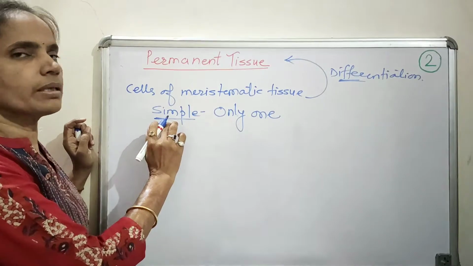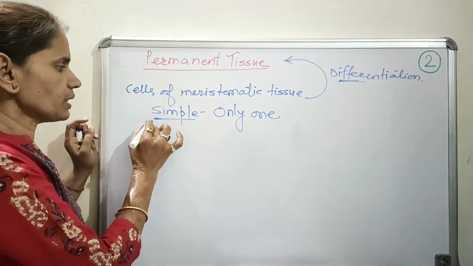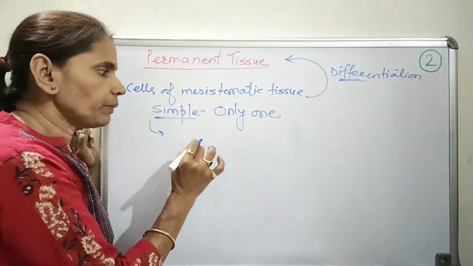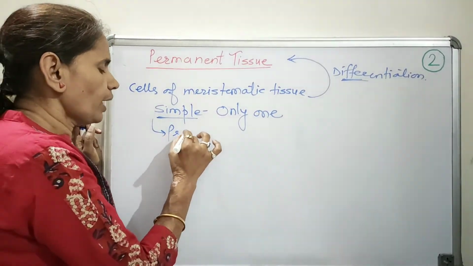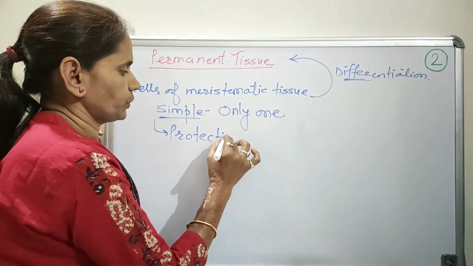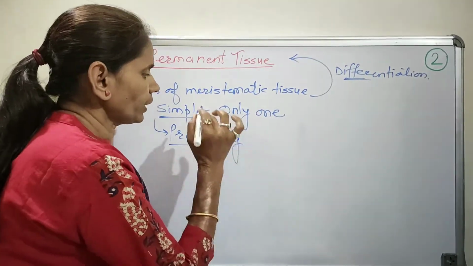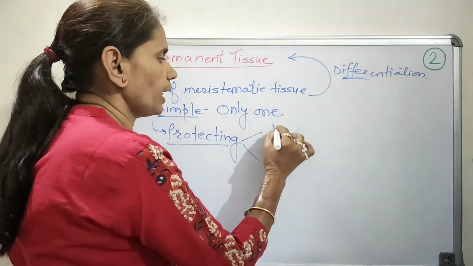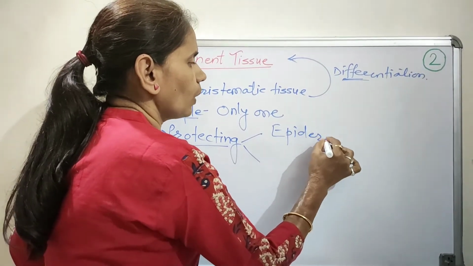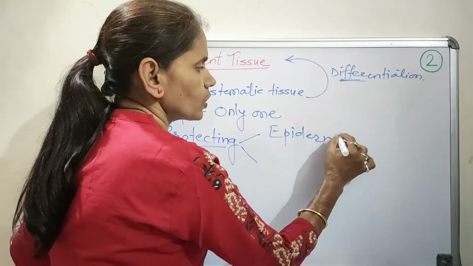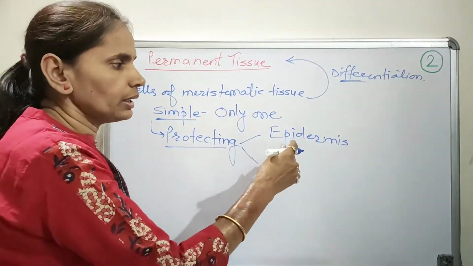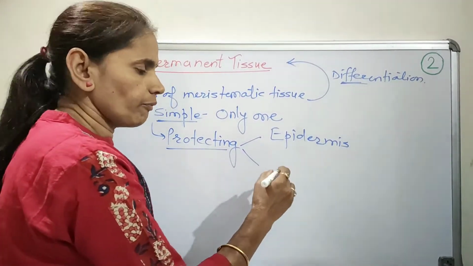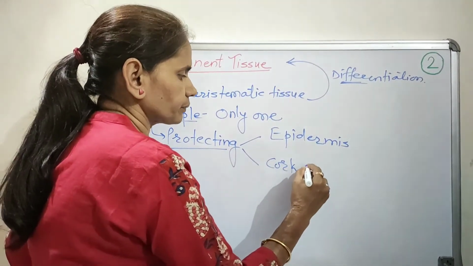Now starting with the simple permanent tissue. On the basis of the function that they perform, the simple permanent tissue may be either simple protective tissue or simple supporting tissue. Now in this simple protective tissue, we are going to study two different examples. First one is the epidermis and the second one is the cork or the bark. So the epidermal cells, only after aging or when the plant grows into a tree, form the cork or the bark.